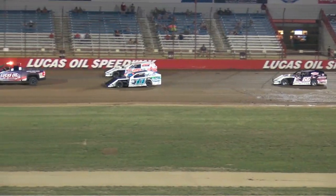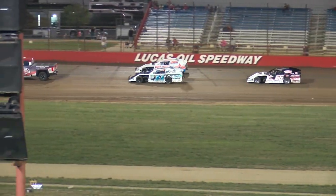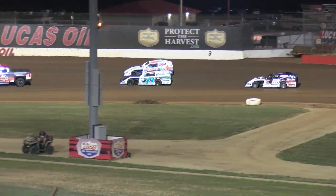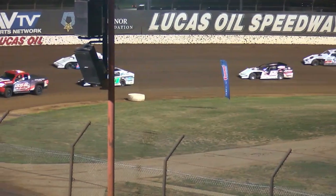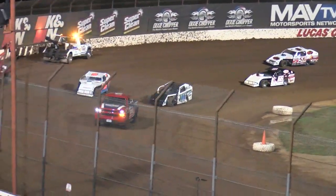Everybody that showed up has made their way into the A main, and Logan Smith out of El Dorado Springs, Missouri, has yet to win a race this season. 5 top 5s on the campaign. He's currently 10th in the point standings here at the Diamond of Dirt Tracks. He will start P1, and J.C. Morton, who's won 4 races here, 3 of which have been in a B mod, he will start outside in